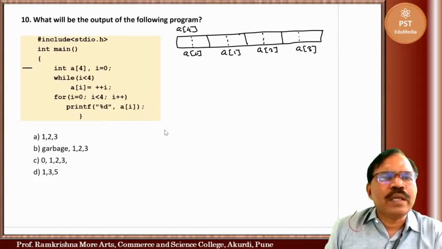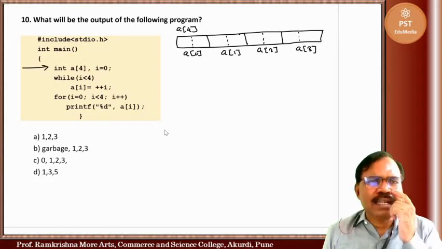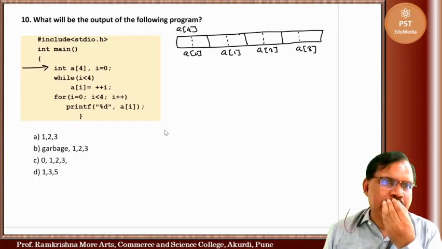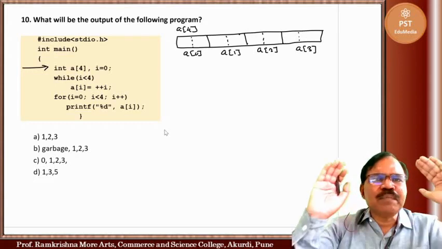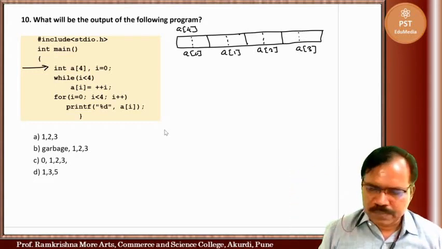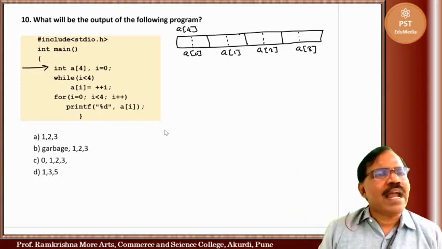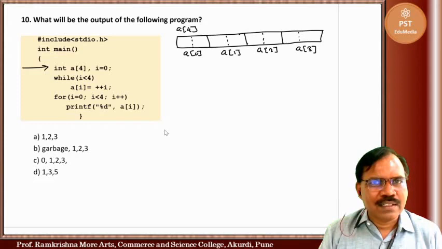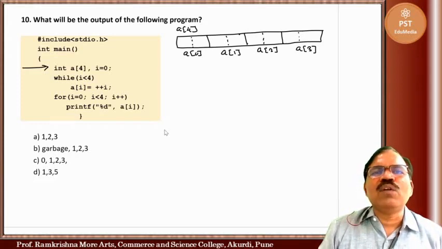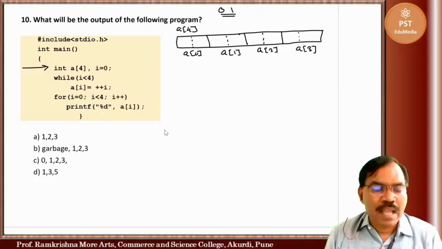Now see here, when we come here, int a[4], a in square brackets 4. So what happens? Memory is allocated. Now what happens when memory is allocated and values are not given? We know in the memory location values are stored in the form of zeros and ones, and memory